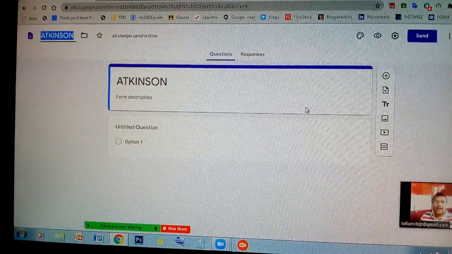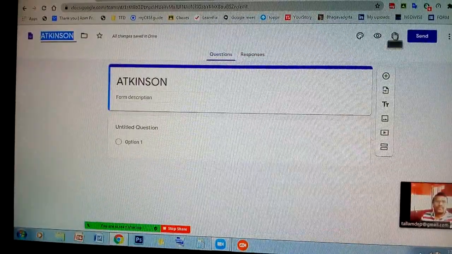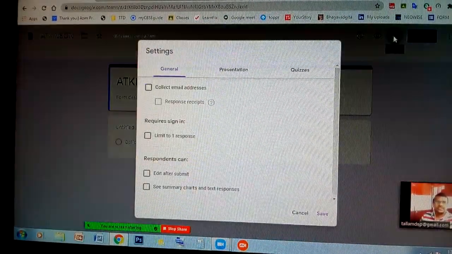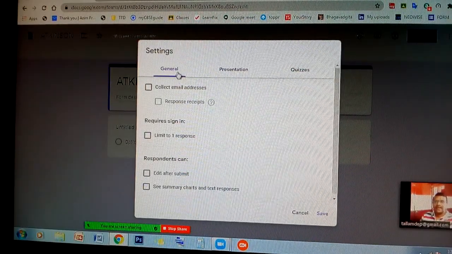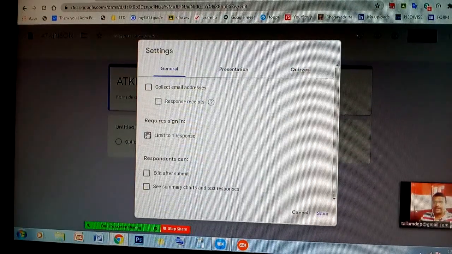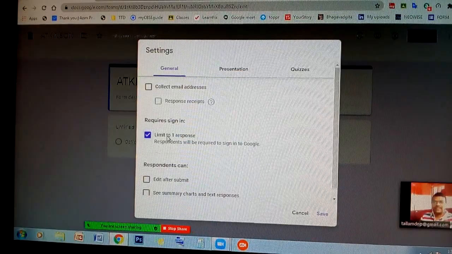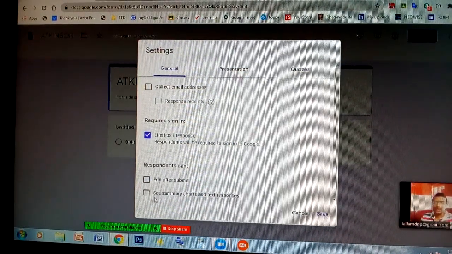Now, after giving the title, go to the settings on the right side. Here three options will be there. The first one is General. As you click on that, multiple options appear, but you select only limit to one response. By this option, we can restrict the students to attend the test one time only.